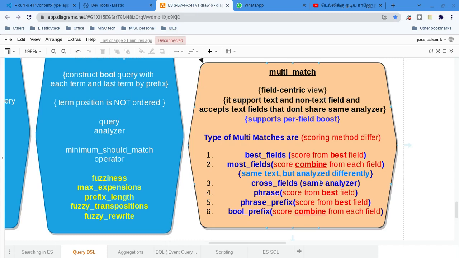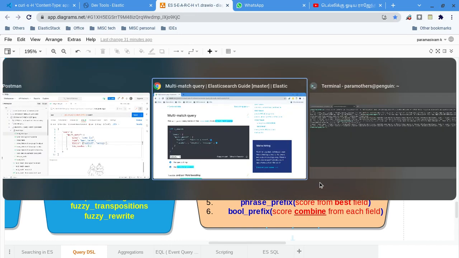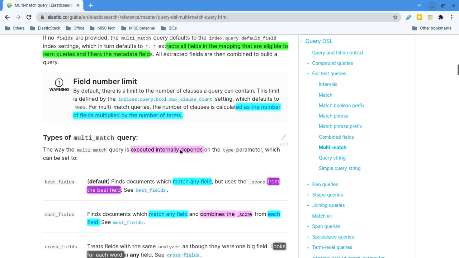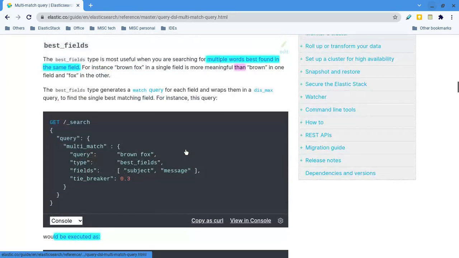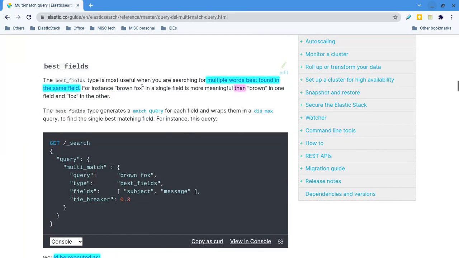Here is the documentation so you can understand very clearly if I miss something. Brown fox matched in a single field in one document, and in another document, brown matched in one field and fox matched in another field.